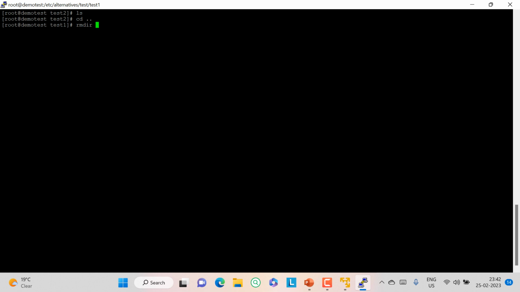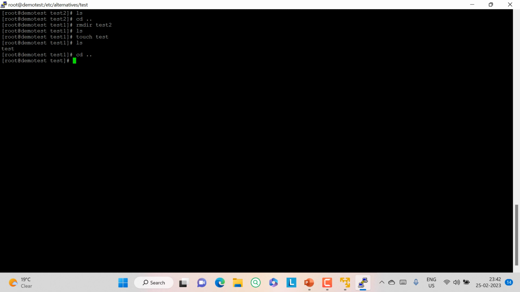If you want to remove an empty directory, just use the command rmdir. If you hit enter, it has been deleted. If you create something inside this directory using the touch command, I'll create touch test, and come outside.